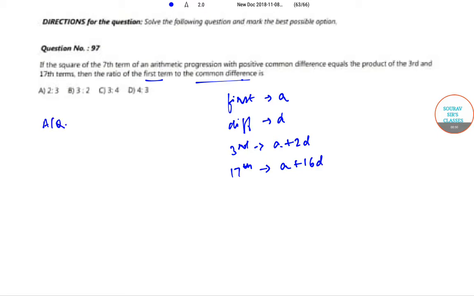Now, according to the question, (a plus 6d) squared is equal to (a plus 2d) into (a plus 16d). So from here we get